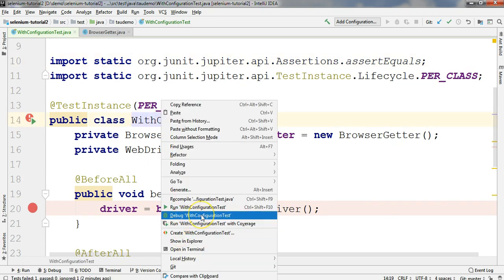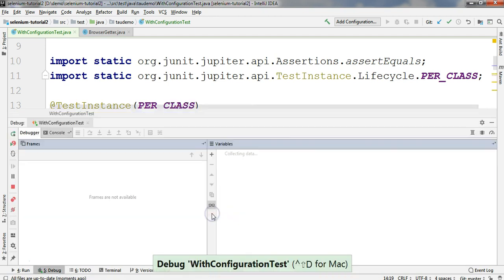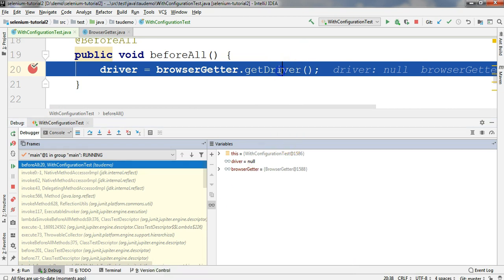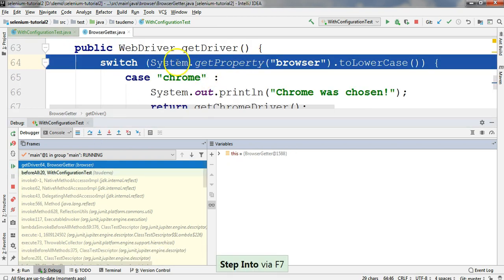As you can see, by right-clicking on the class name, you also have the option to run the test. So this is another way to run the test, apart from doing so from the project screen or from the left-hand area of the editor. I will debug this test again, and this time we will have the configuration in place. What happens here is that we still get a null for the driver, because the driver will be initialized after this step. If we go into the getDriver method, we can again